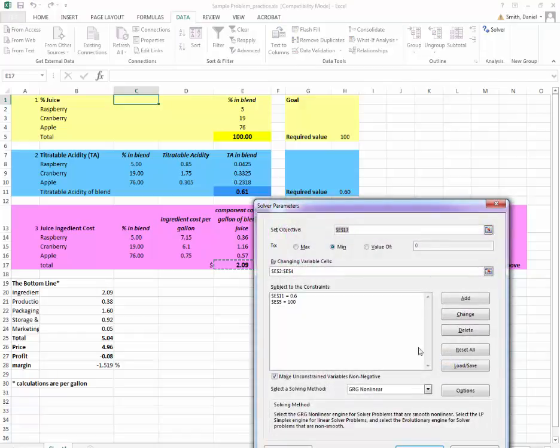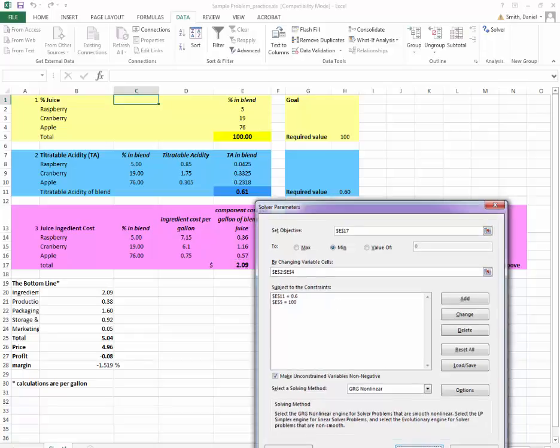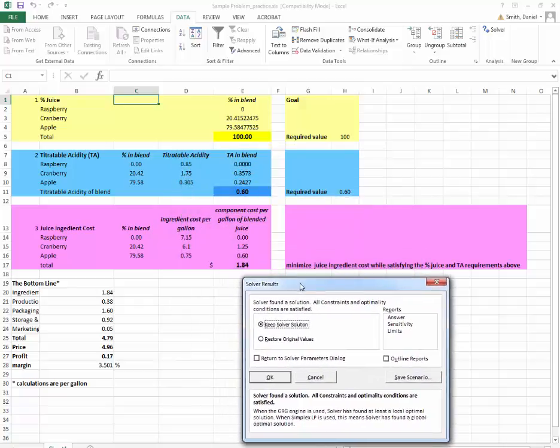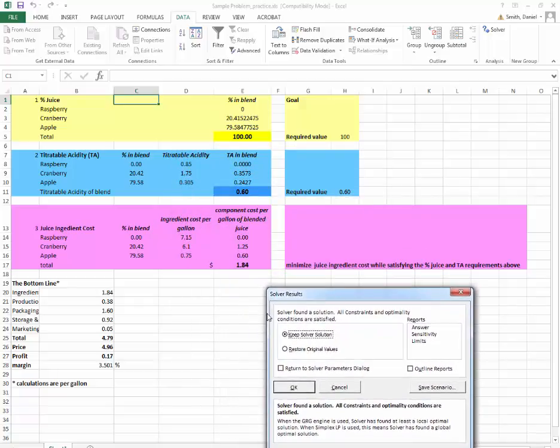Okay, we have both of the constraints in now. At this point, we should be ready to solve. We'll click Solve and see what happens. I'm going to pull this out of the way so we can see what the solver solution is. So, it manipulated the cranberry, apple, and raspberry amounts in such a way that it achieved 100% juice, 0.6 titratable acidity, so we've achieved both of those targets,